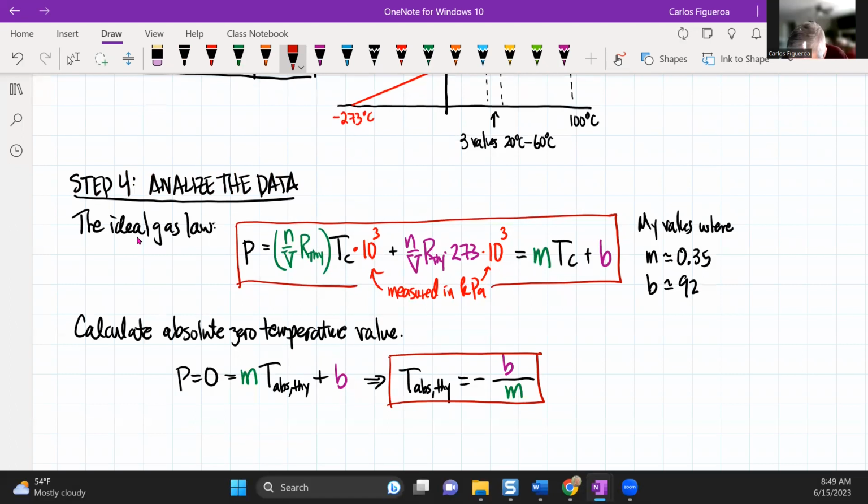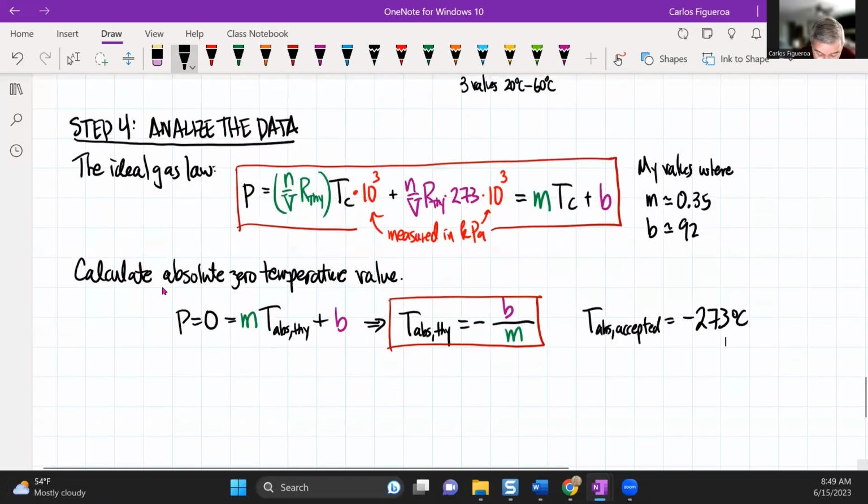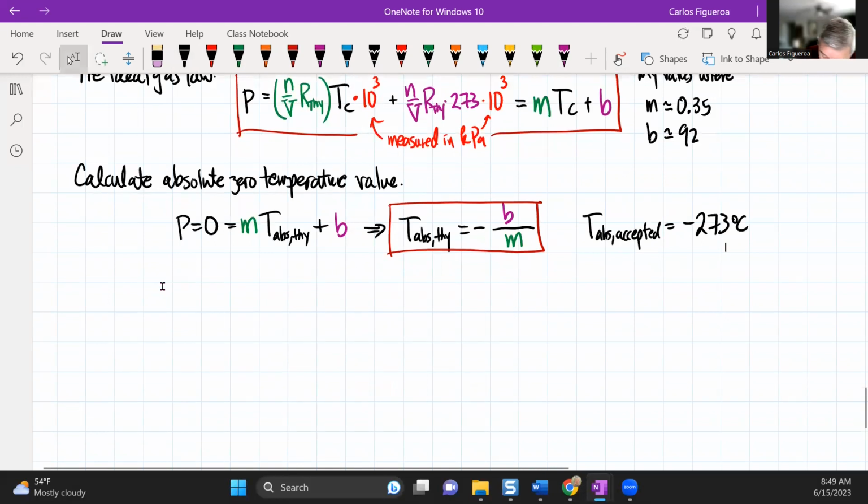The accepted value, the absolute accepted value, is minus 273 degrees Celsius. Now, if I look at the gas constant, so now let's calculate